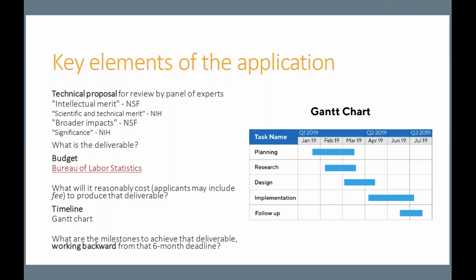That's great. So key elements of the application here, again: technical proposal, intellectual merit, which is just this is my innovative idea, and this is why it's innovative. This is my novel approach. Or, all my competitors approach the problem this way. I am proposing a solution that tries to address this problem in this other way. So just, does this concept hold water? This is what I seek to do. So that's the intellectual merit piece.